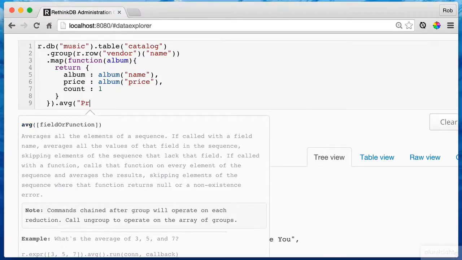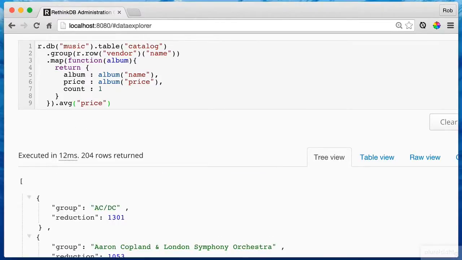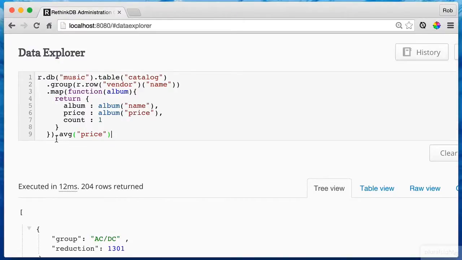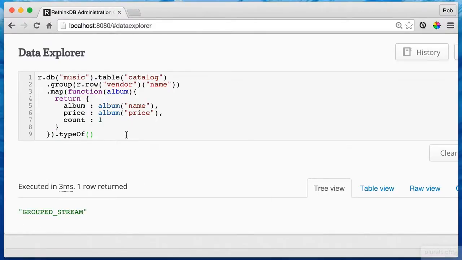I showed you sum before, but I can also use something like average. For each group, show me the average of the price, and it'll go in and do exactly that. You can add an aggregation function like average or sum or count or whatnot to a grouped stream, which again is what we're working with here. And RethinkDB will be smart enough to understand that you actually want to apply that to the stream itself